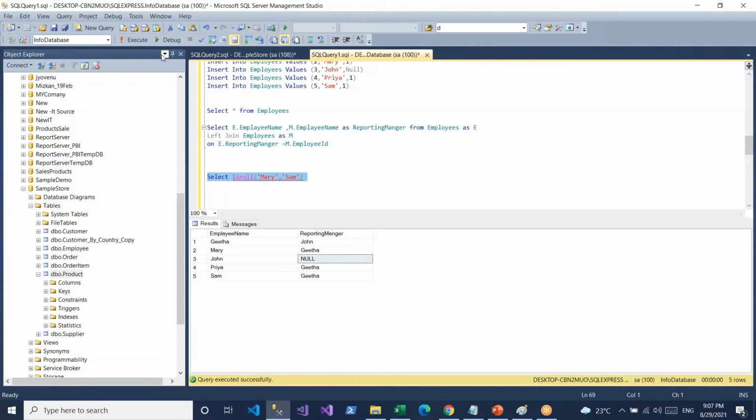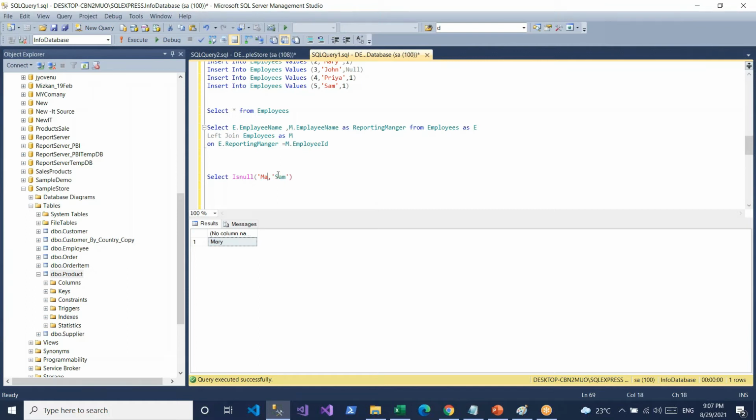If I execute this, the result will be Mary, because if there is a value, it will give that value. If there is no value here, it will give the second value.